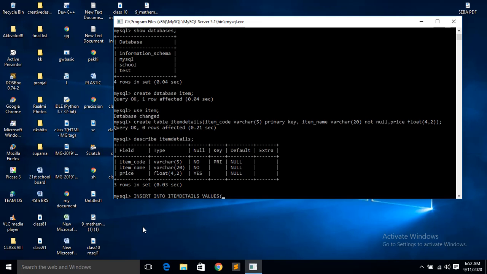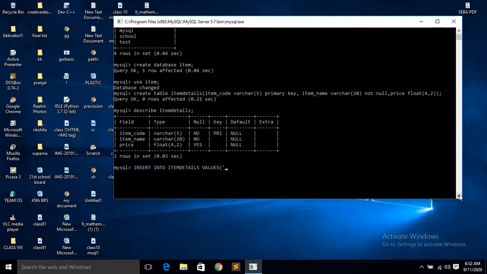Insert into table name, then values, then the bracket, then you have to give the data. The first field is item code, and it is of type varchar, so you have to give the inverted comma, the single quotation mark. So here let us give, say, I111.